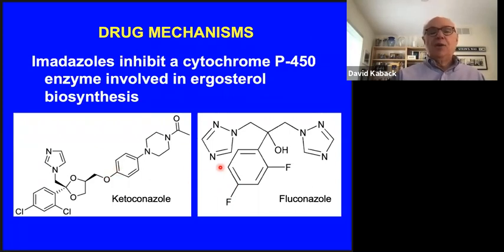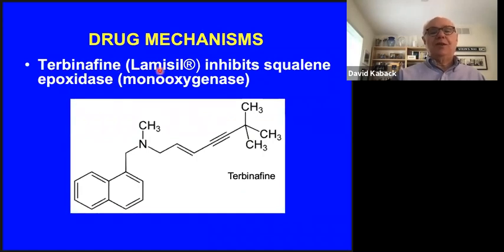Okay, finally, we have terbinafine, otherwise known as Lamisil, which inhibits squalene epoxidase or squalene monooxygenase. This reaction is one of the first reactions in the biosynthesis of ergosterol, and terbinafine's effect is fungal specific. It takes squalene and processes it. If we inhibit it, the cell accumulates squalene, which is a toxic intermediate, and the cell dies by poisoning itself on its own squalene.